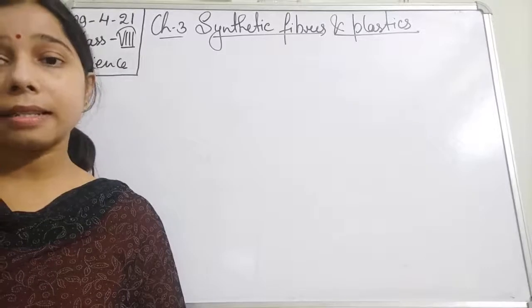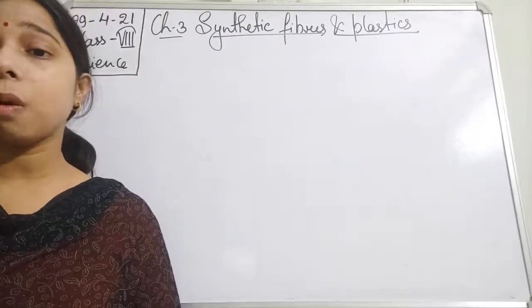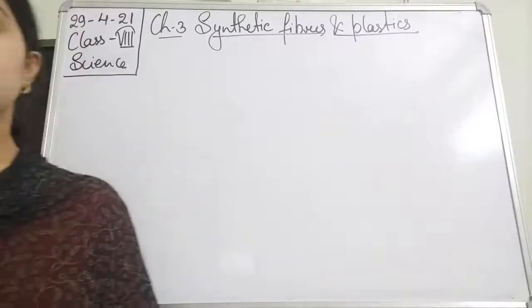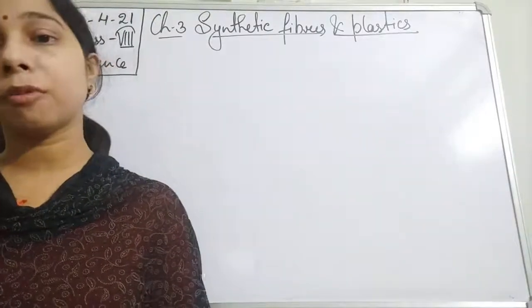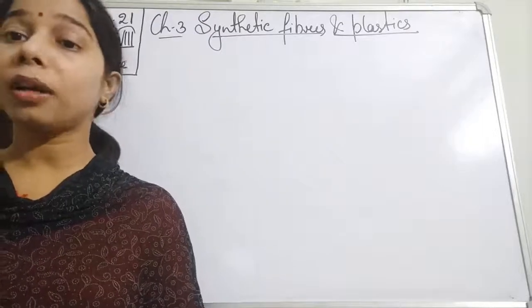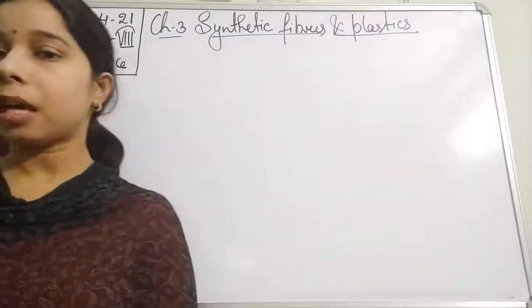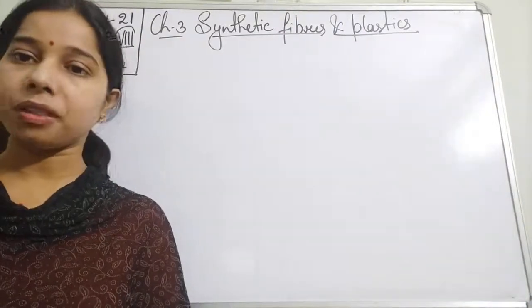What are the different examples of thermoplastic? Examples of thermoplastic are polythene, polyvinyl chloride and polystyrene. These are all suitable examples of a thermoplastic. They show the property of a thermoplastic.